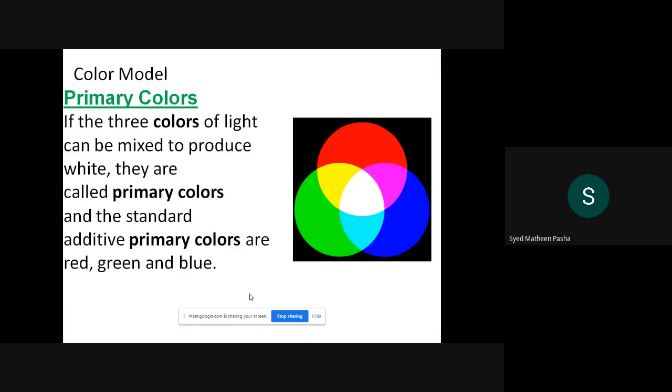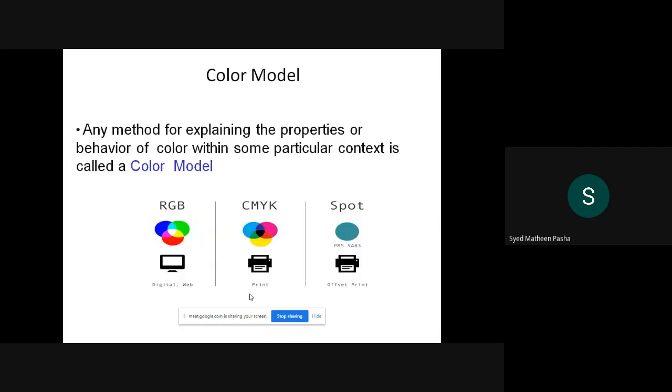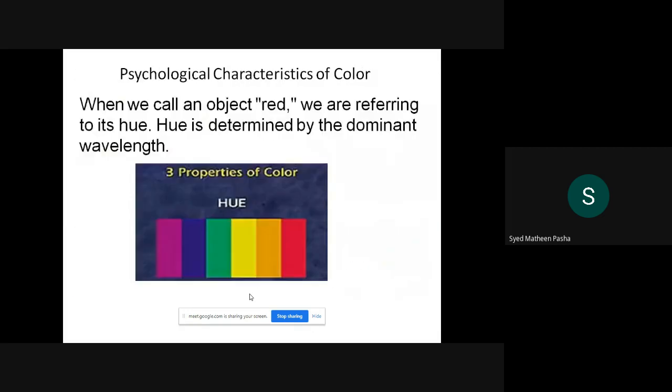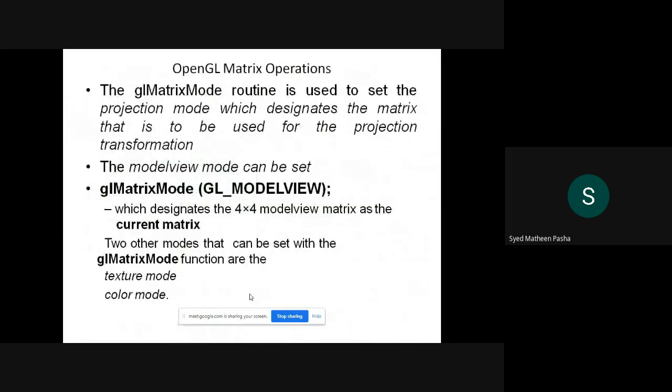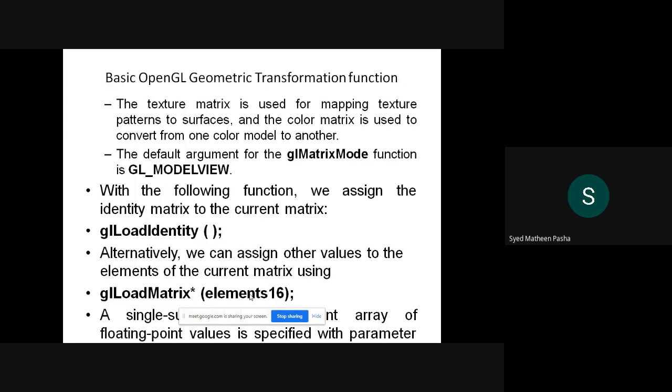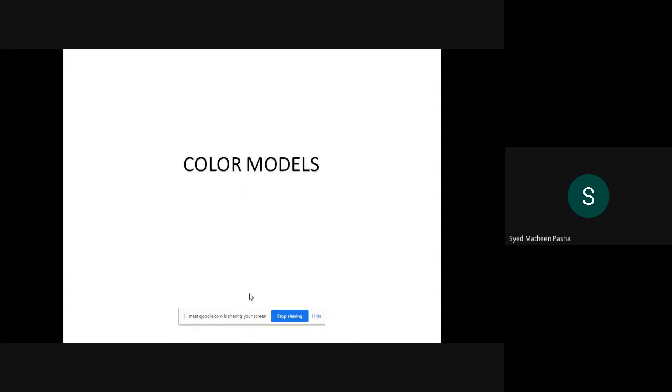Okay. So what did we study in today's class? We started from OpenGL matrix operations, where we saw different matrix modes, how to define a matrix mode. Then we saw some of the functionalities you need to remember with respect to matrix modes. Then we started with color models.